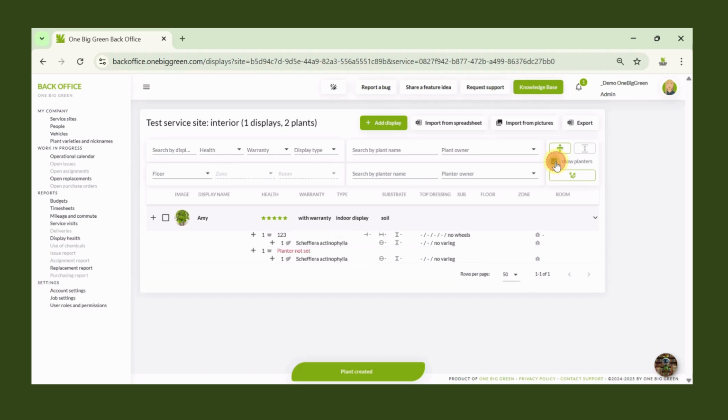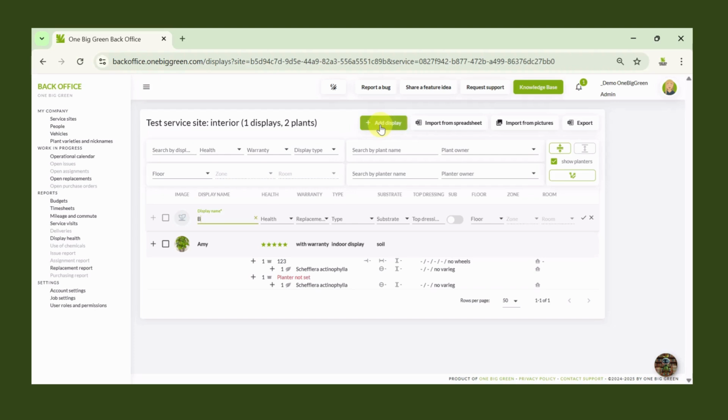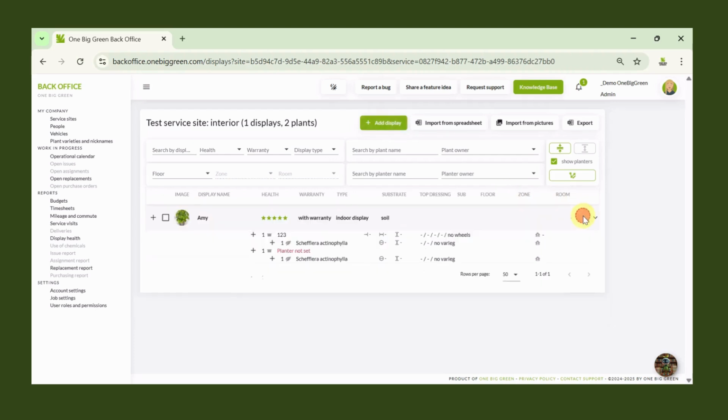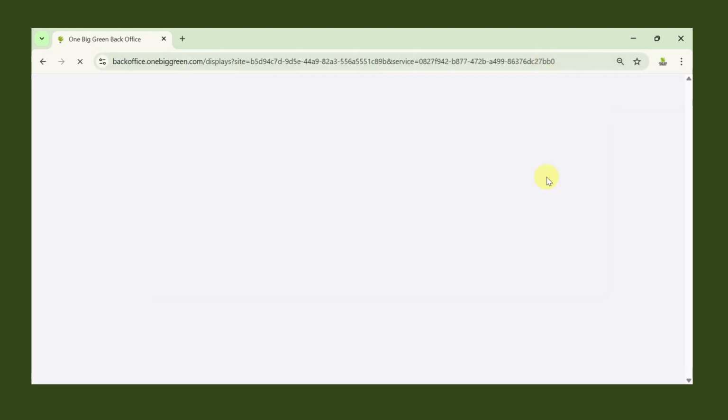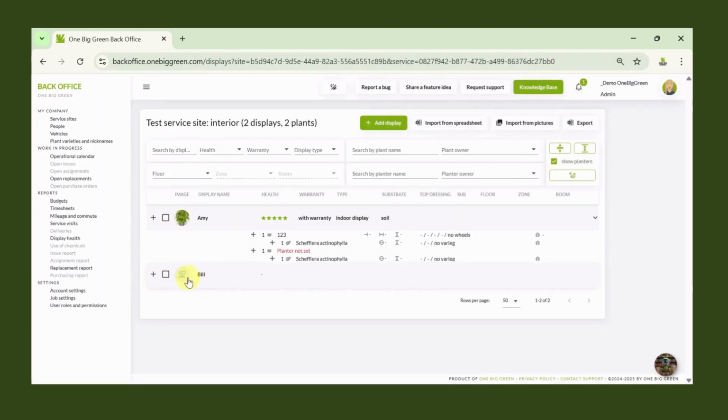Alright, our first display is ready. Let's add another one. When you click Add Display again, the new line will appear at the top of the list. Once saved, it will move down to the bottom. Why? Because most users add displays in alphabetical order or in the order they plan to work with them. Keep this in mind if you're adding a display to an already long list, so you don't lose every new